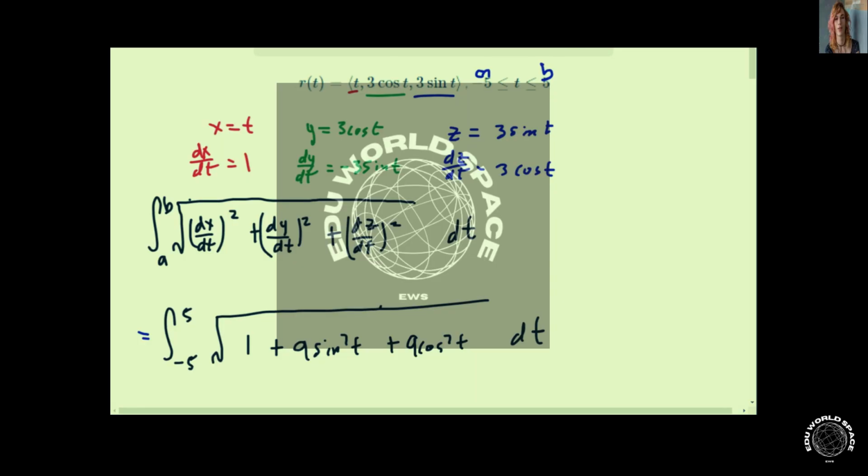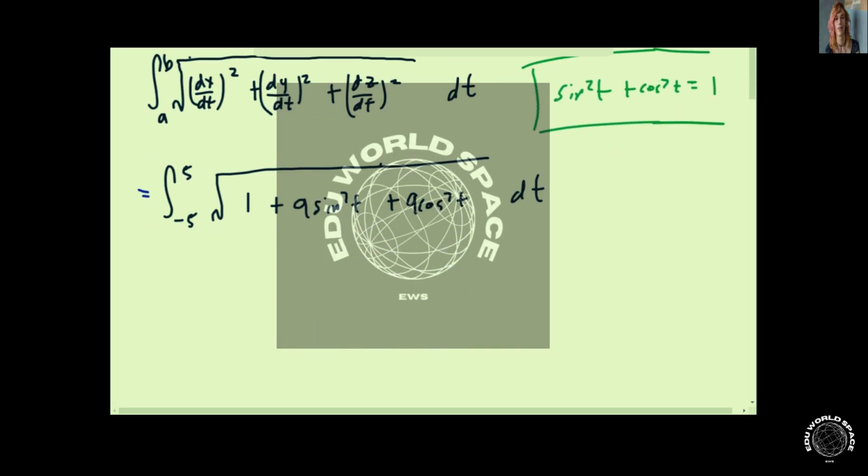Now, if we factor out a 9 from this, we end up with sine squared plus cosine squared, and we know from trigonometry, or maybe even pre-calculus, that sine squared plus cosine squared is equal to 1, just Pythagoras. So that means this is just going to be equal to 9. So it's going to be the integral from -5 to 5 of the square root of, well, 1 plus 9,